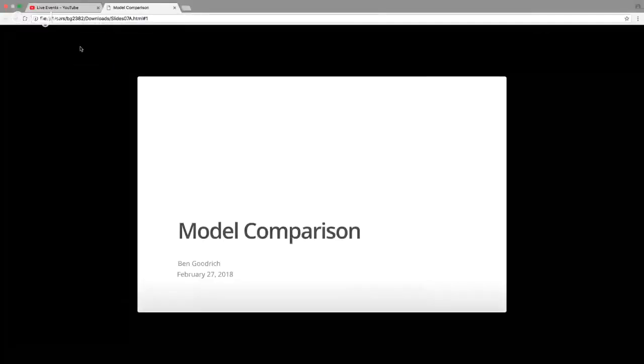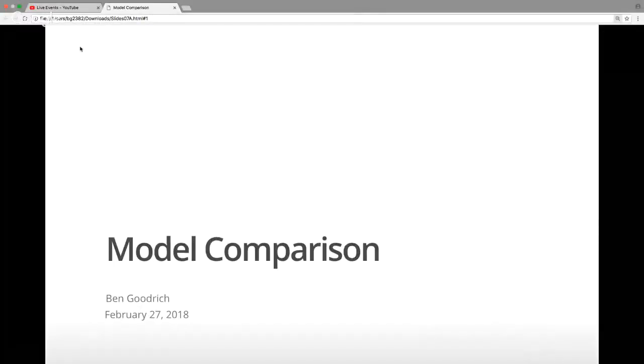Today we're going to be talking about model comparison, how to choose between different